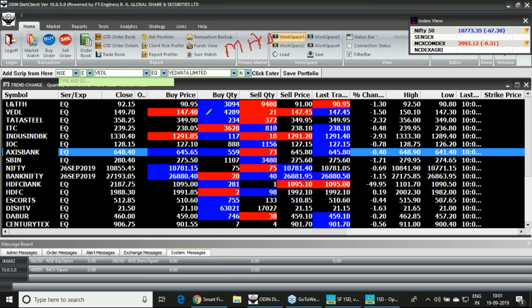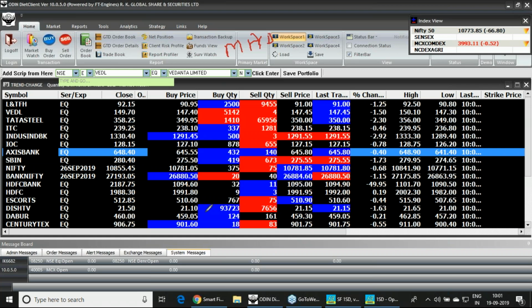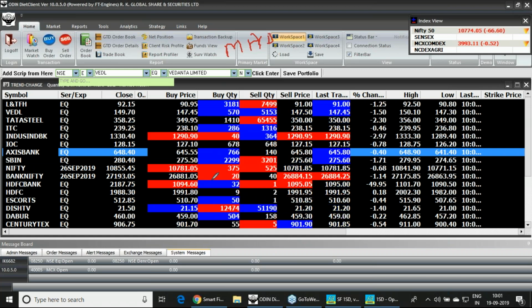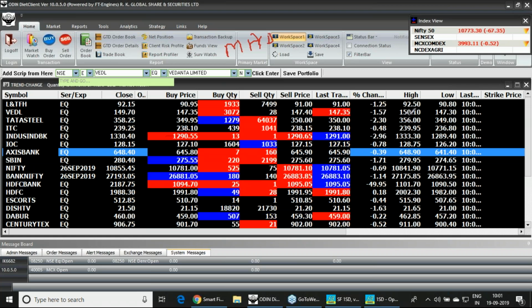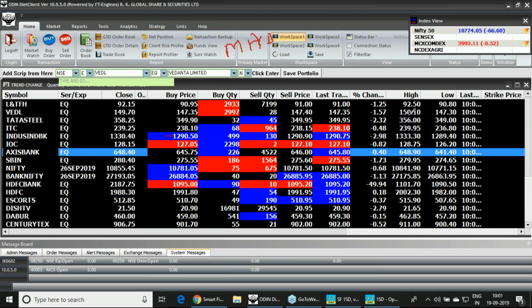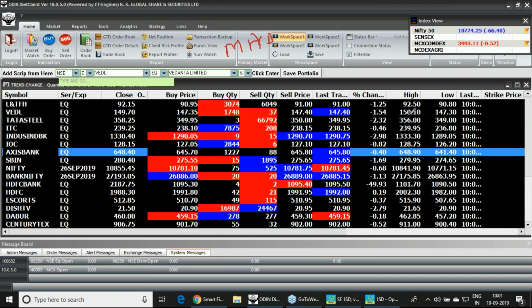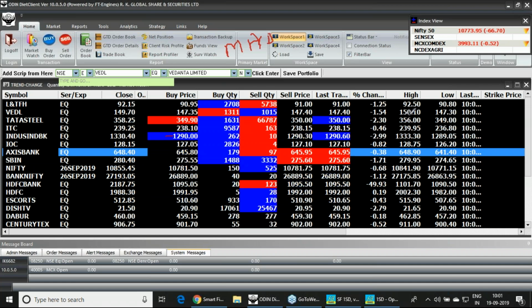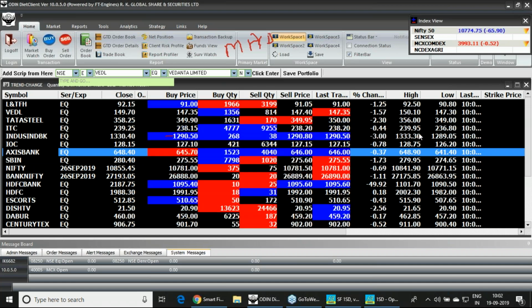You have seen that these are the stocks we have analyzed. At day end, I will see how far we have succeeded. IndusInd Bank, you have sold, so wait for that target to happen. Escorts sold, wait for the target to happen. Tata Steel sold. VDL sold. In Nifty and Bank Nifty, no trade has been entered. HDFC,